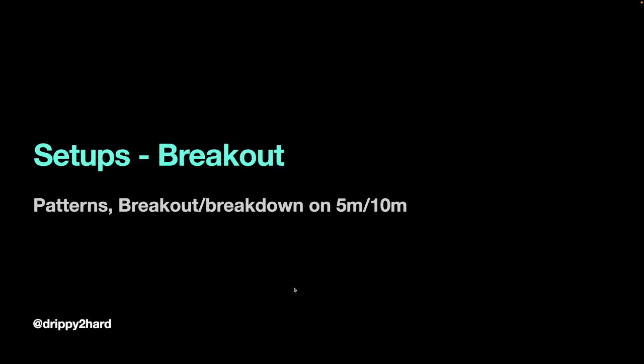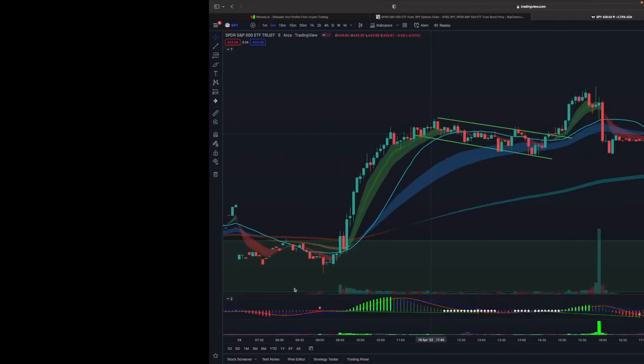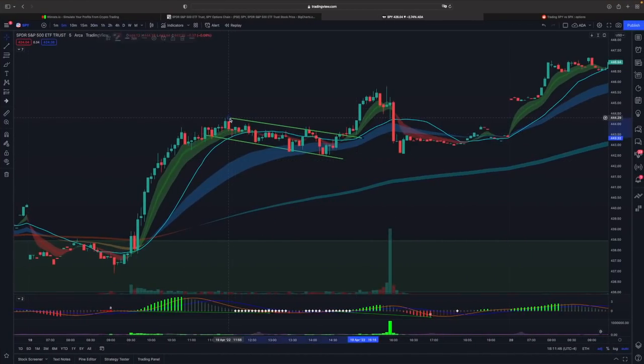Next is patterns and then breakouts. So when do these work? These work after consolidation phases in the market. So after 11, you'll see consolidation. Usually 1 to 2 is the time where you have consolidation. So that's where I start looking, where can it break down and break out? So again, we have a flag here on an uptrend, and the break of the flag right on this level here, right around this.